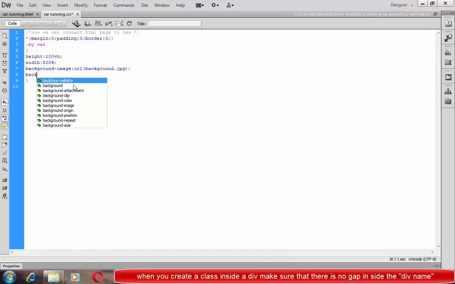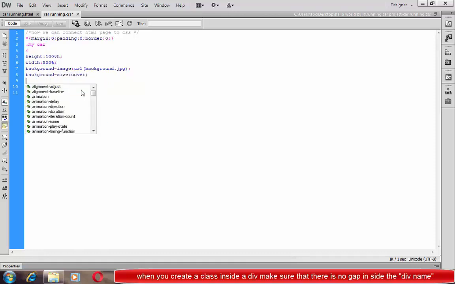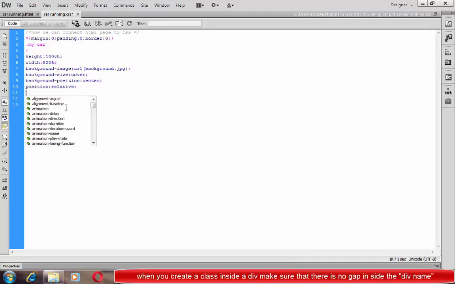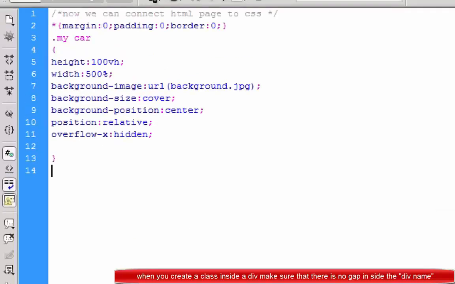After selecting the background image, we select the background size here, which type of background size you can use. It is totally cover, so just use cover for background size, and after that we select background position here. The background position is center, the image should be present in the center of the background, and after that we use position equal to relative, which is used for basically setting the total image in a particular position, so that there is no gap present here.